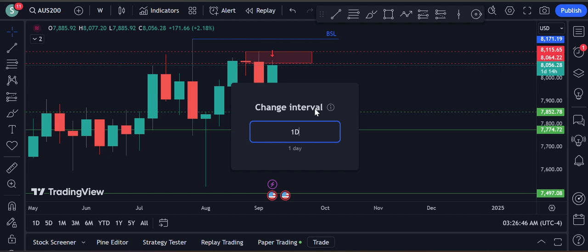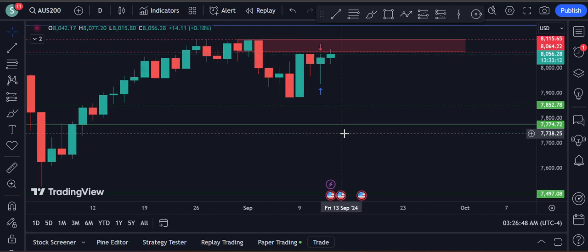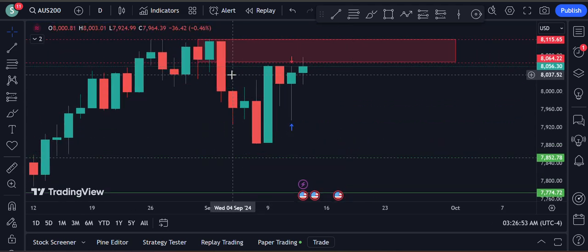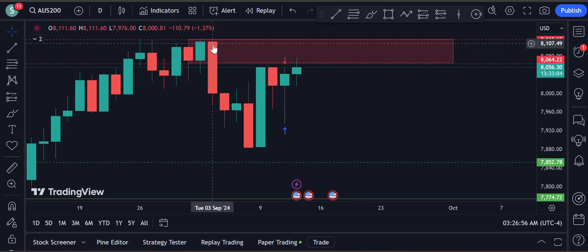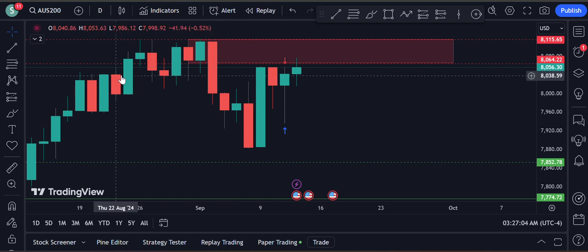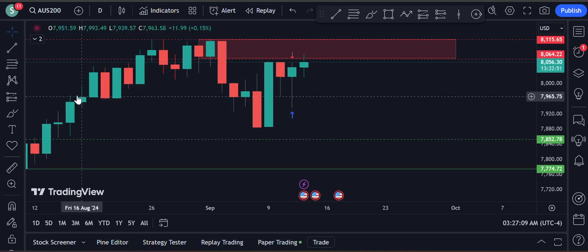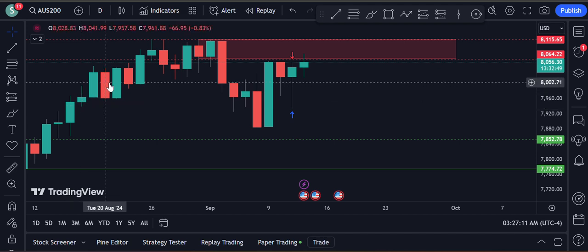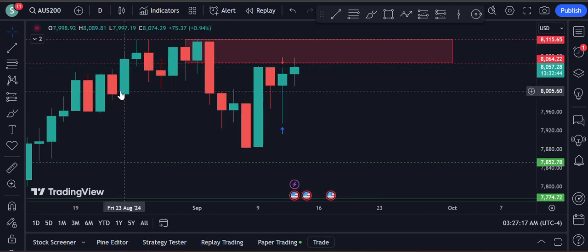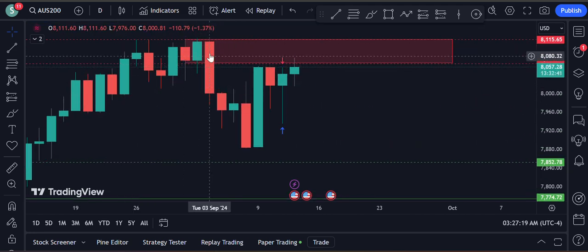So we'll move down to the 1 day time frame. Now what we can see is, since it started coming down, price has broken multiple demand zones on the daily time frame. This is one demand zone which has been broken by this one. This is also a demand zone, but it is already tested, so we would not take it. This is also a demand zone, it is also tested, we will not take it. And since then it has been running from this demand zone. So that means this supply zone is extremely powerful.